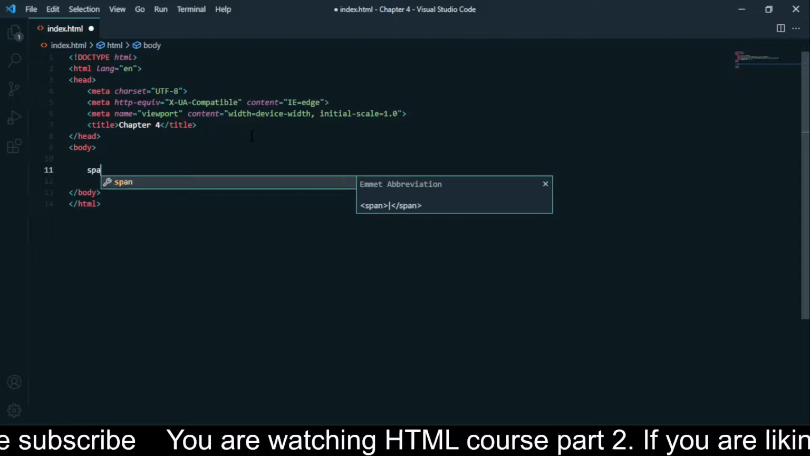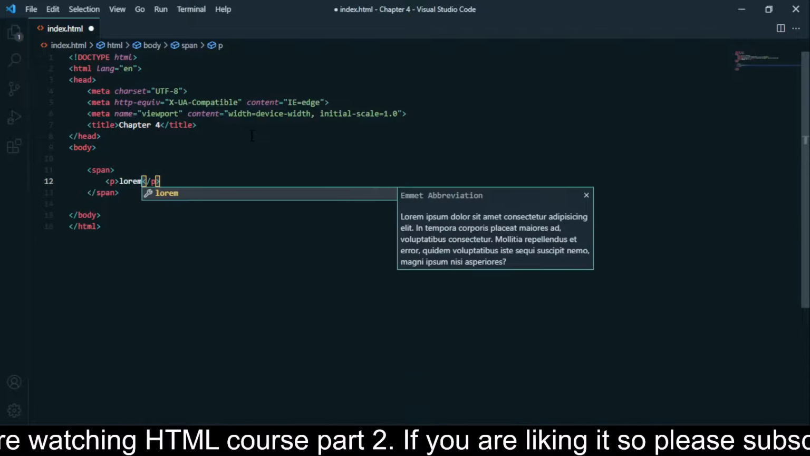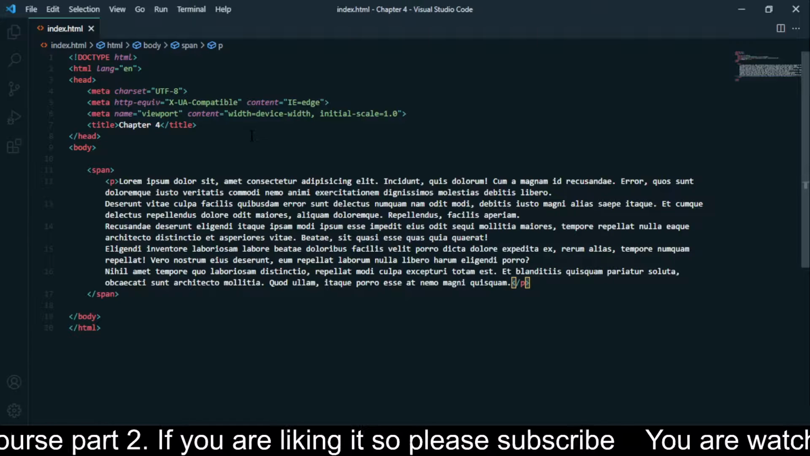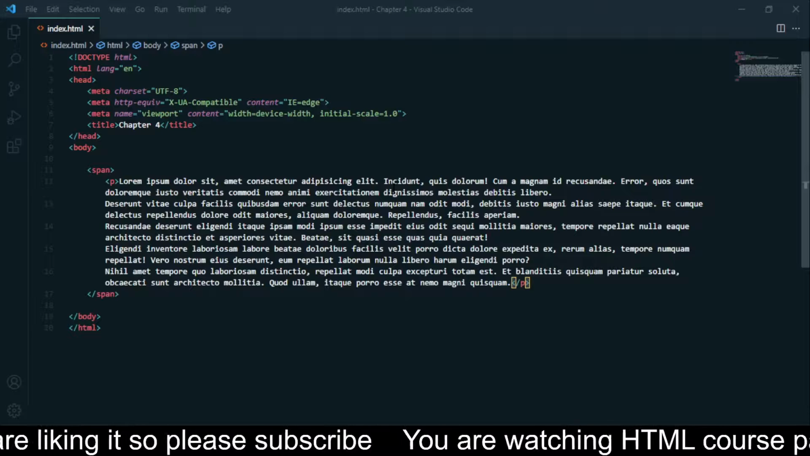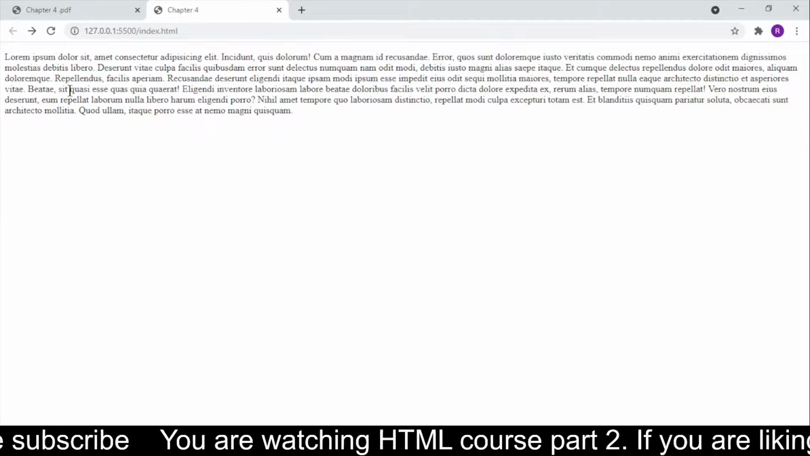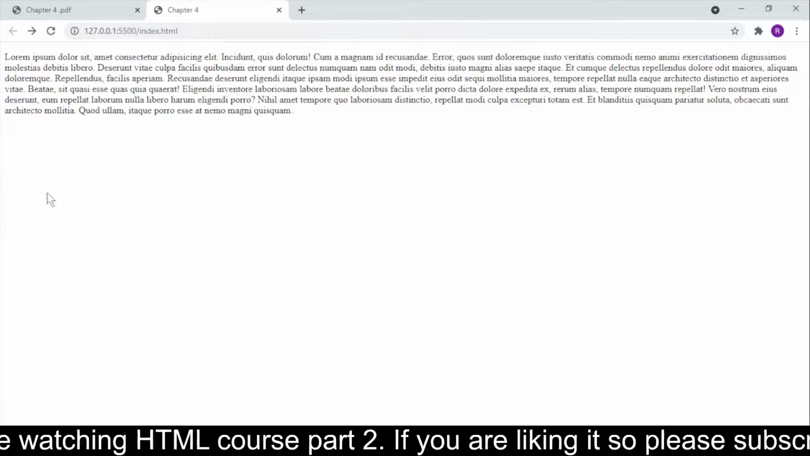I would just say span, and here I would just add a p, lorem multiply by 5. For example, okay, let's go here. Okay, if I just inspect this,